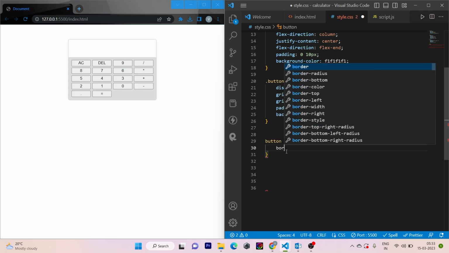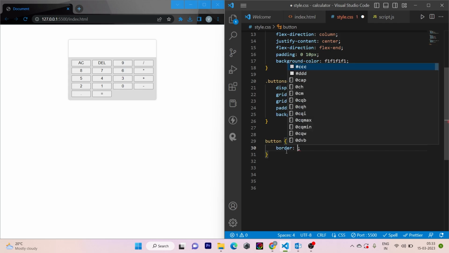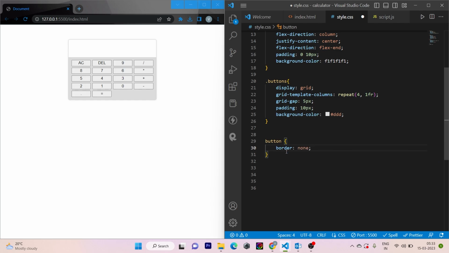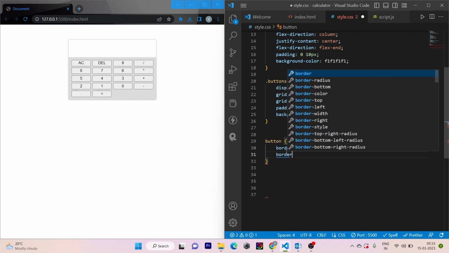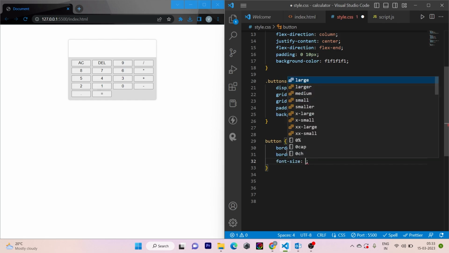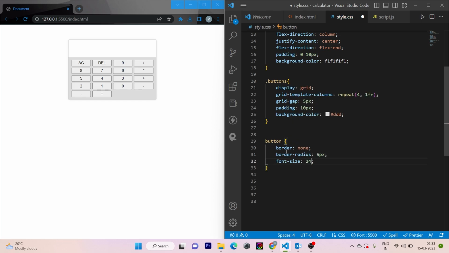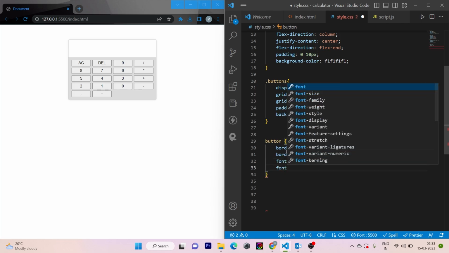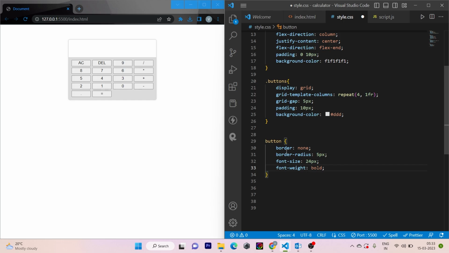Border should be none, and border radius should be 5 pixels, and the font size should be 24 pixels, and font weight should be bolder, and the background color should be total white,